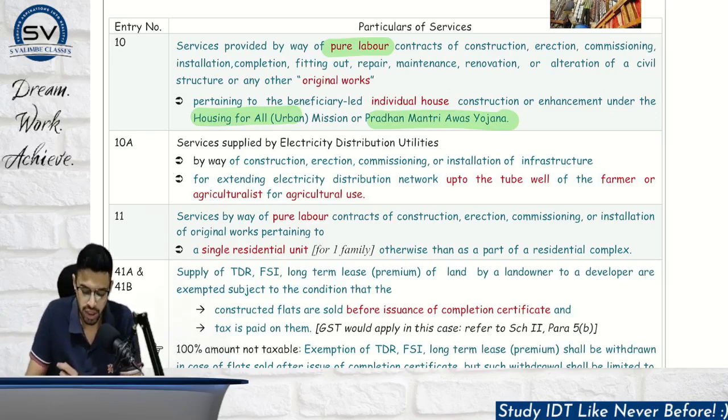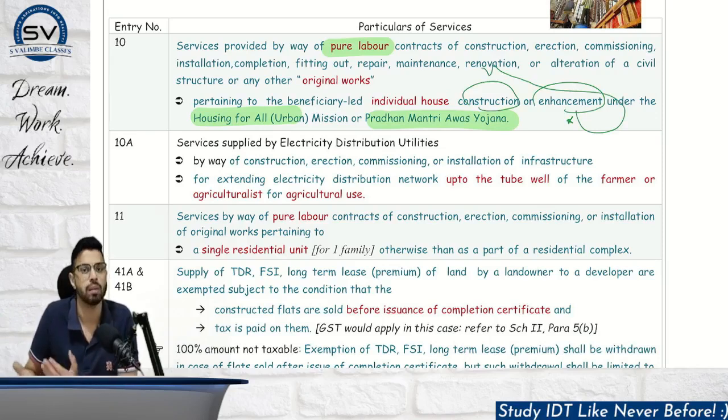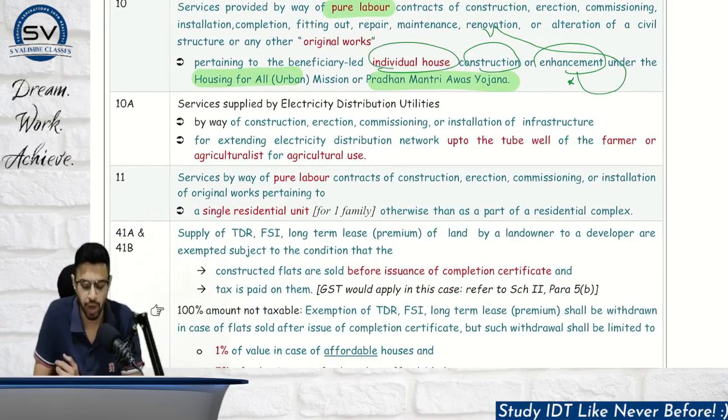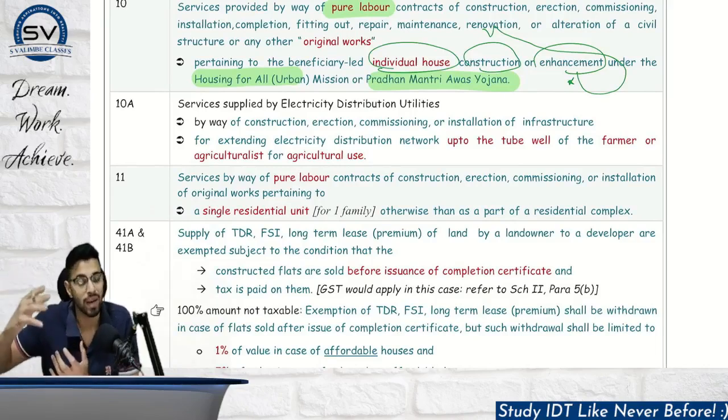Now here construction can also happen, enhancement can also happen. Enhancement means renovation, alteration, repair, maintenance. And point to be noted, third point, you can say that this is with respect to individual houses, not the commercial complexes, not the residential townships, individual houses, right? Because focus is with respect to the poor section of the society which are being benefited under these kind of